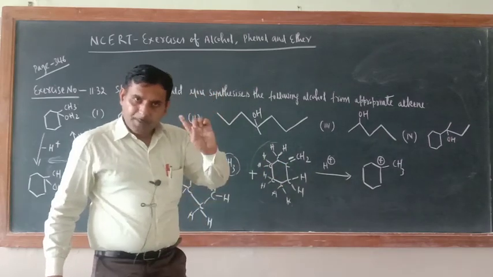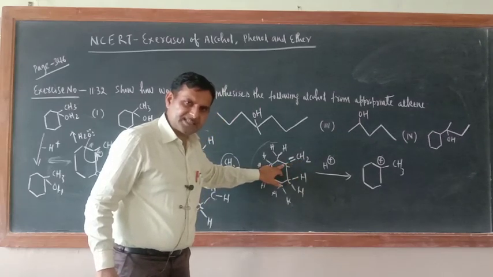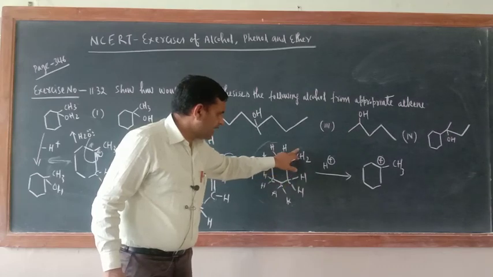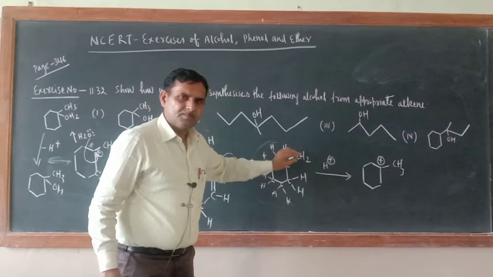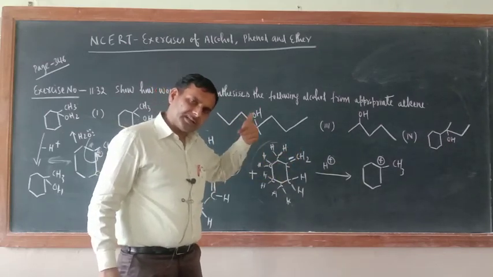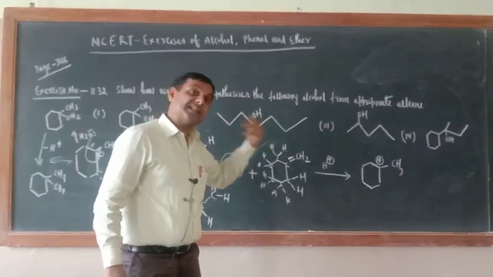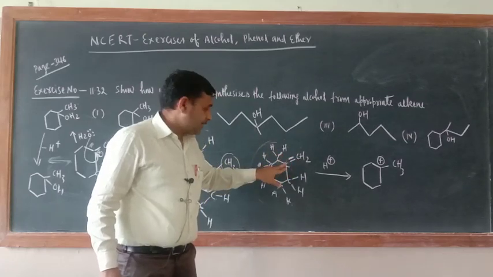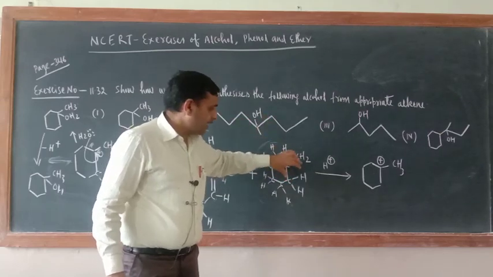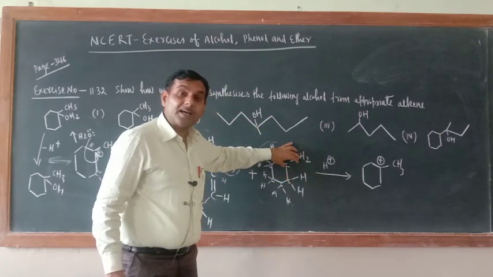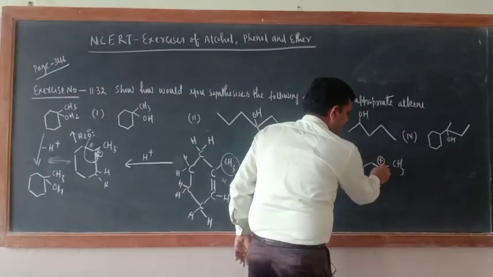Remember, if you are adding proton here, this carbon will receive the positive charge. If you add proton here, this carbon will receive the positive charge. Remember this: the carbon other than the one where you are adding proton will get the positive charge. But remember, it should be between double bonded carbon atoms only. That is why I told you there are 2 sites for the addition of proton. So now you have got this positive charge.